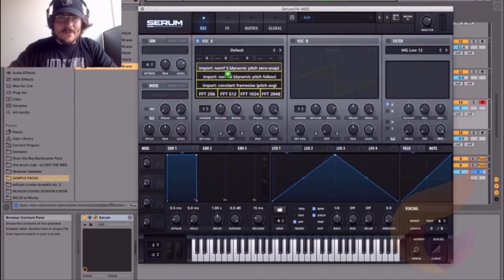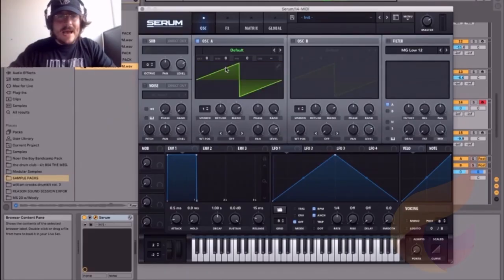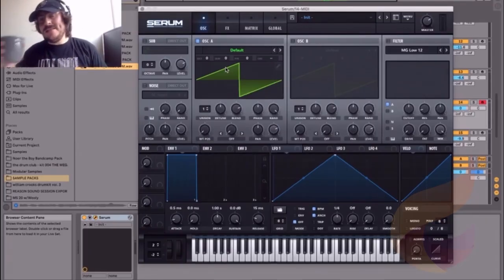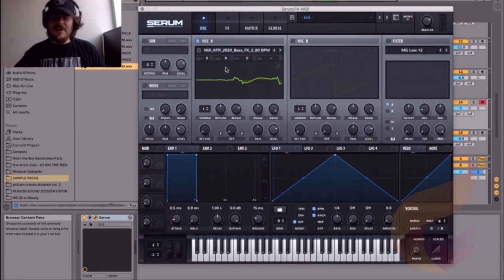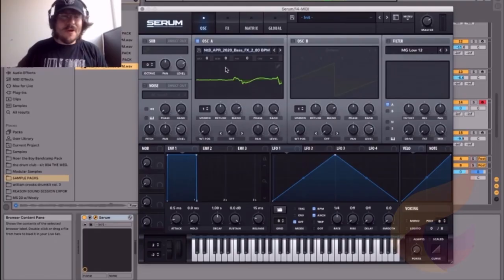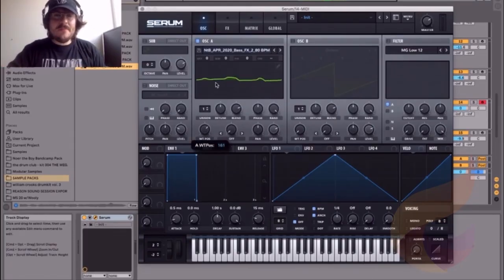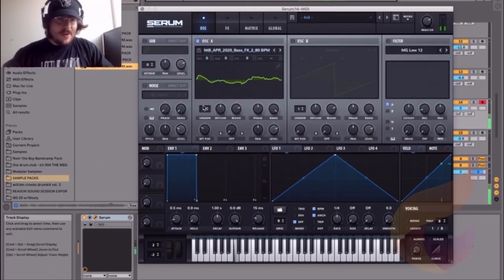So here, let's import it, normal dynamic pitch zero snap, and it'll pop up. And shout out to Nasty Nasty for showing me this a while back. You can do these rhythm techniques, but with your own sounds. I was like, oh my God, this is crazy. So we drag it in here, and you can see we have 254 wavetable positions. And if I play it, for example,